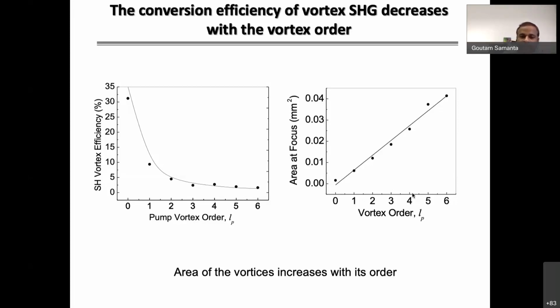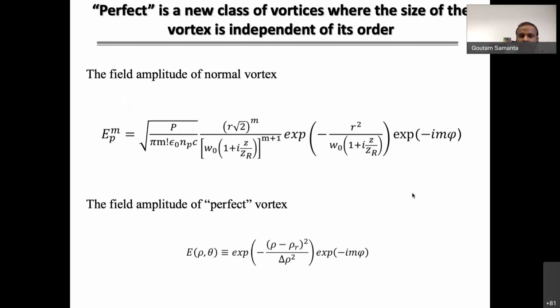Since these 2 parameters are not independently controlled, they cannot be distinguished separately. So it's impossible to really see whether the orbital angular momentum is playing any role in the decrease of the conversion efficiency. For that, we generate a new kind of beam called a perfect vortex beam,